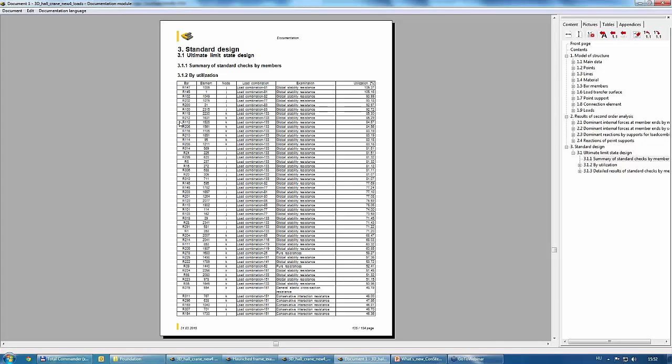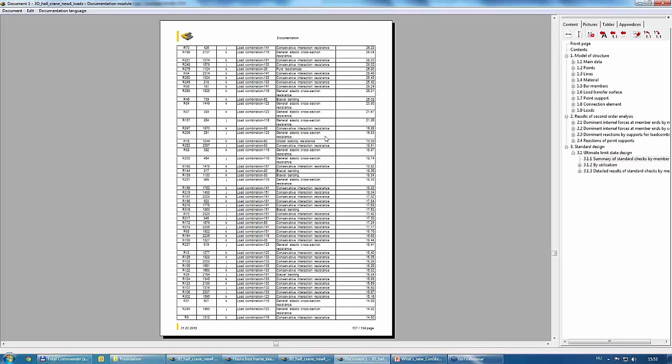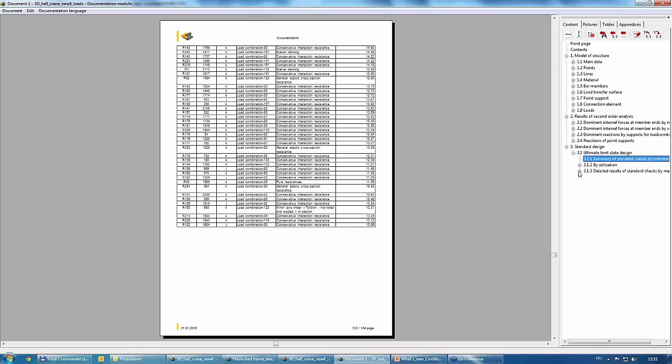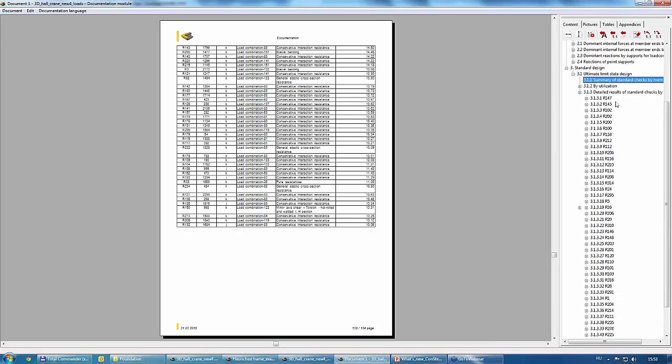So here you can see the number, the name of the member, the element where the highest utilization can be found along the member, the dominant load combination, the dominant global examinations, and also the highest utilizations. Okay. And if you go to the detailed result,